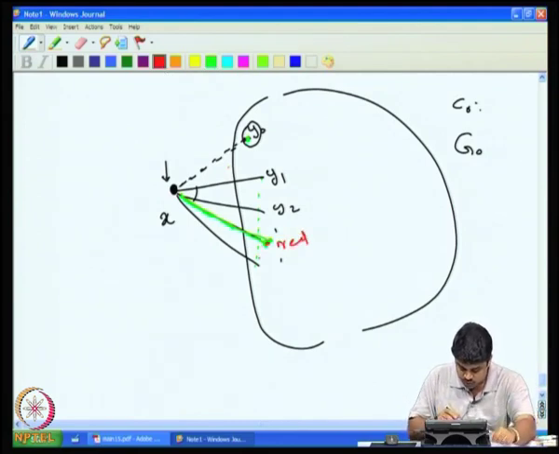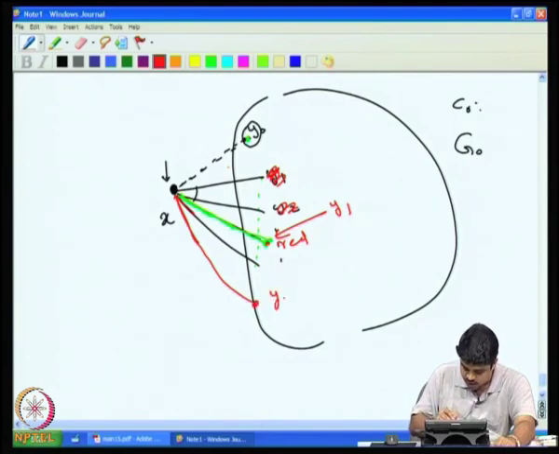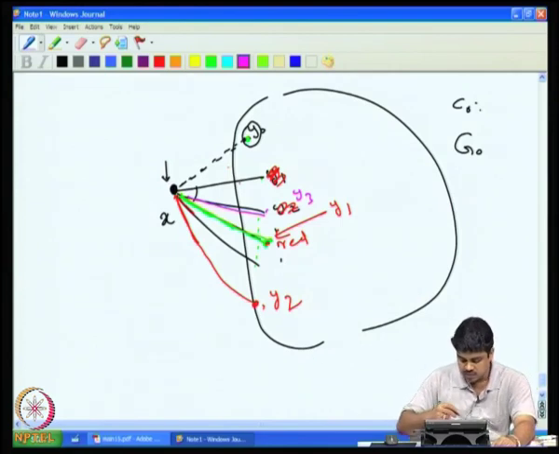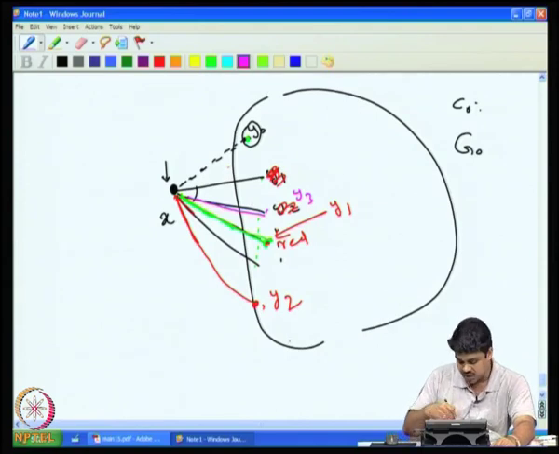So now what we do is, I look for the red edge here. Suppose the red edge is here. So this will be called y1, so I'll renumber these vertices: y1 and this red edge, and this will be called y2, and then I'll see what color is missing here. Suppose violet color is missing, suppose violet may be here, so I'll call it y3 and onwards. Then I'll make this order of these edges, the neighbors,